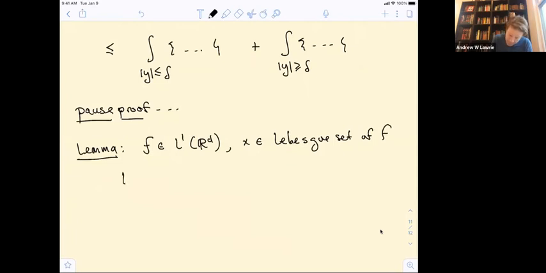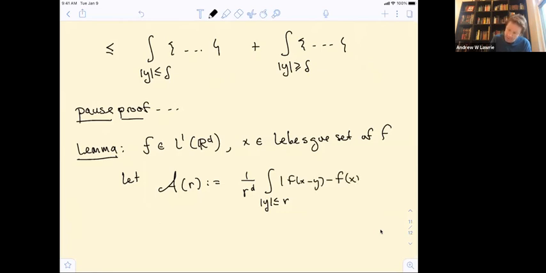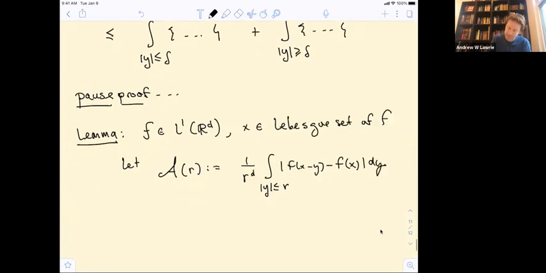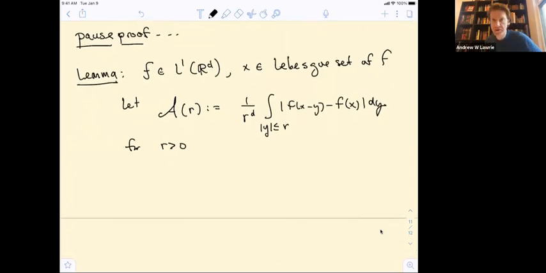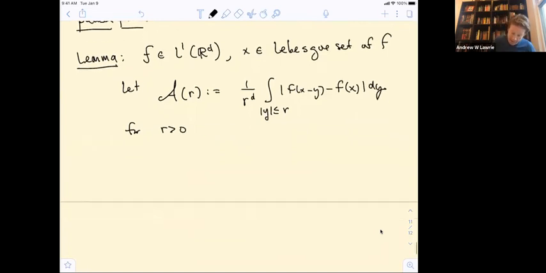Let script A of r be 1 over r to the d times the integral over the norm of y less than or equal to r of the absolute value of f of x minus y minus f of x, dy, for r bigger than 0. So I define this function of r by taking the average of this difference over the ball of radius r. Then, as long as I take x in the Lebesgue set,